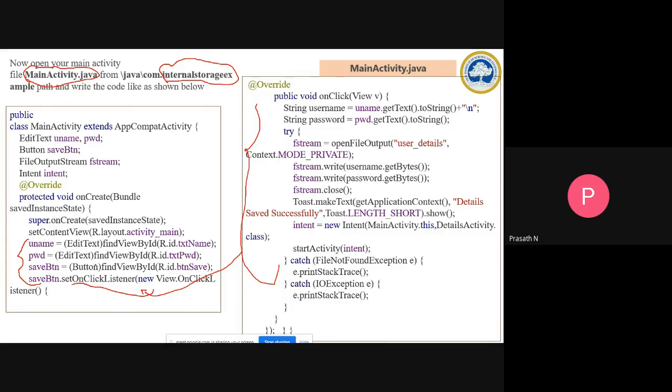Here, we get input from the user. After getting the input from the user, on the click event, what has to be written into the file? When you click the save button, this information, the username and password, has to be written into the file in the internal storage. For that I use the fstream. With fstream, I'm going to write some data into the file stored in the internal memory,